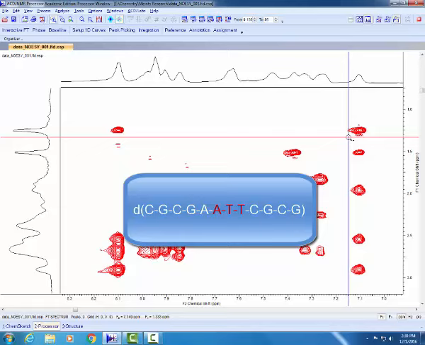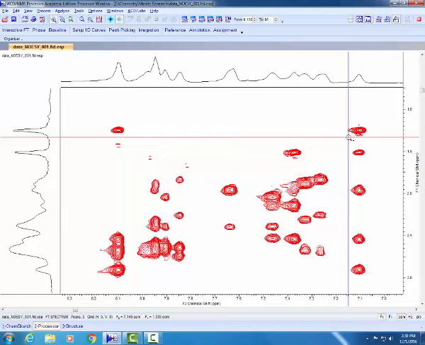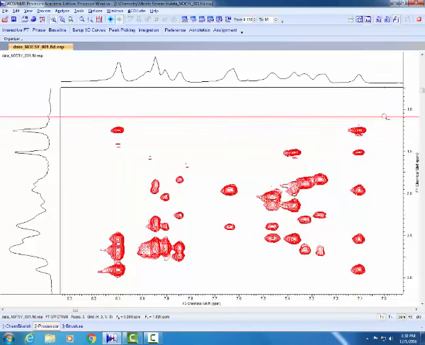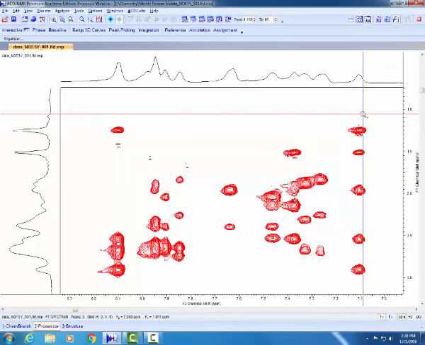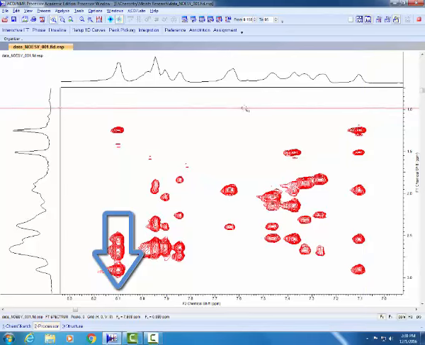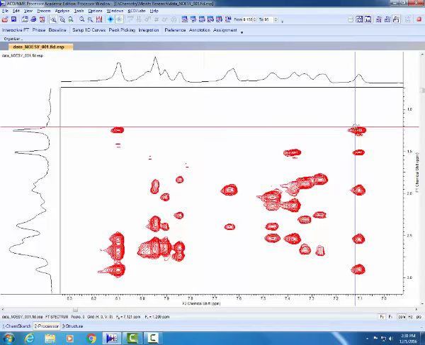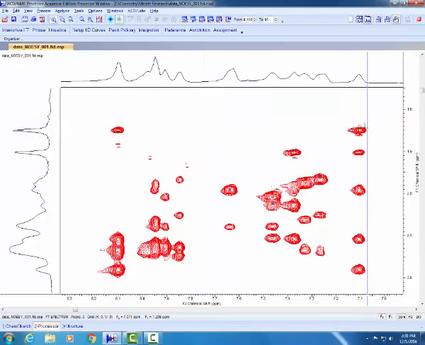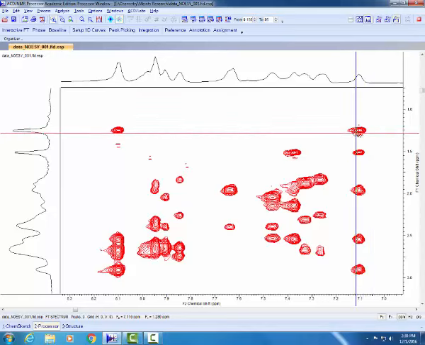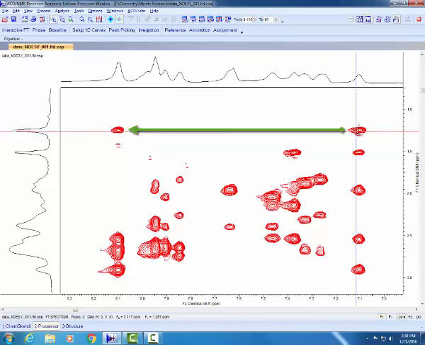So we can perform a methyl walk to determine the location of bases A6, T7, and T8. The T7 methyl group will interact with the A6H8 base proton, which we predict is located somewhere close to 8 ppm. This tells us that of the two methyl peaks we have found, the top one has to be the interaction of the T7H6 base proton on the x-axis and the T7 methyl on the y-axis, because if we draw a horizontal line across the spectrum,